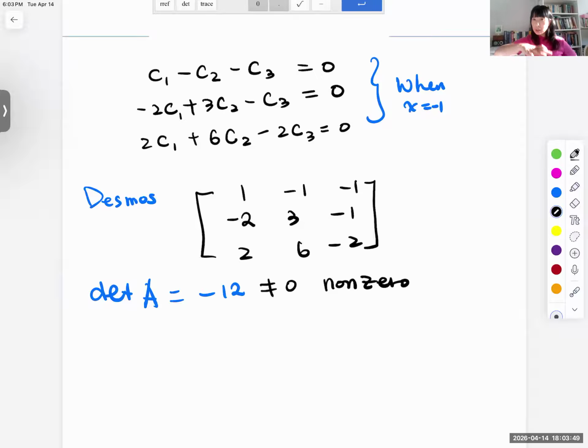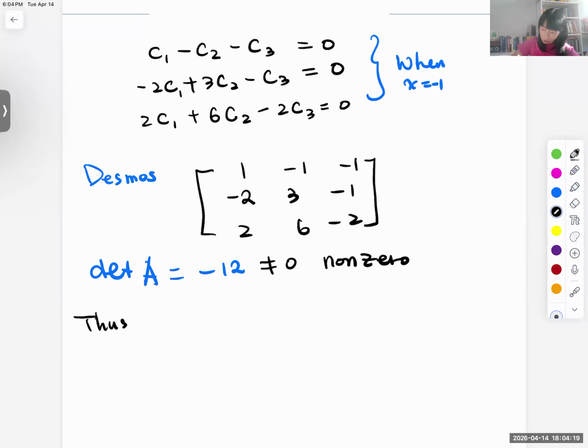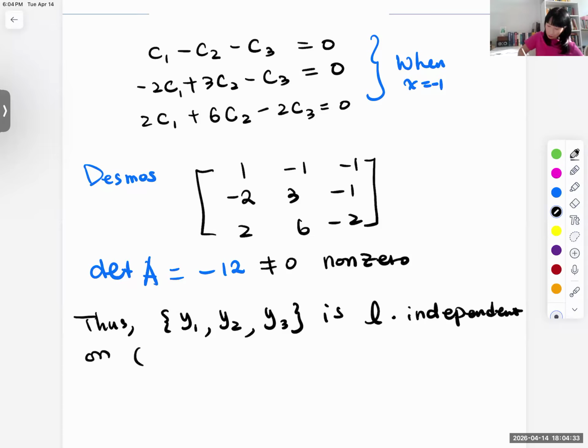Let me write down: y sub 1, y sub 2, y sub 3 is linearly independent on the open intervals negative infinity to 0 and 0 to infinity,